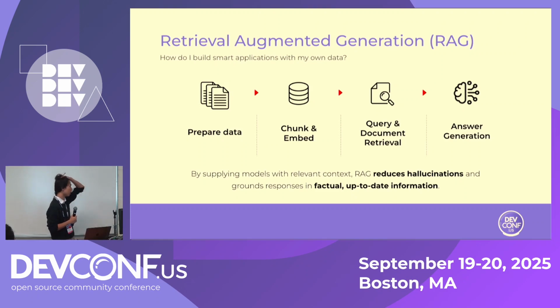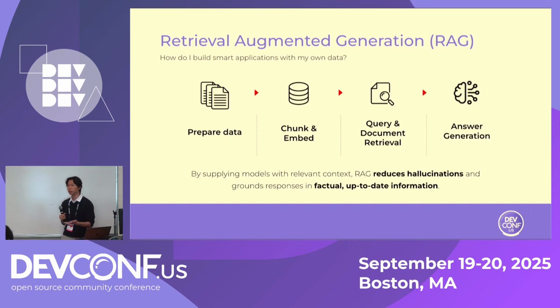So to walk through this diagram of how it works, for example, if you want a model to answer questions about an outdated appliance that you have, let's say a dishwasher, you have your dishwasher manual, you're going to prepare that data and chunk it into several small bits of text. And from each small bit of text, you're going to embed it into a vector representation. So this is a series of numbers that retains the semantic representation or meaning of the words that you're trying to embed. You're going to store that in a vector database, and then when you ask a question, for example,